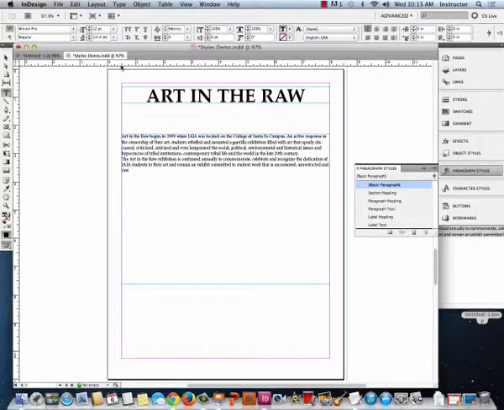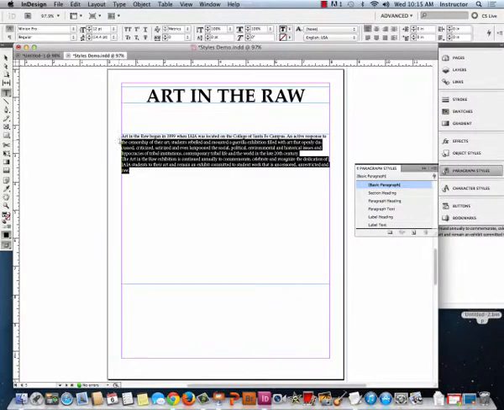So I pasted the text out of my text editor into the art in the raw. It's paragraph text. So by, for example, highlighting that and I click paragraph text,